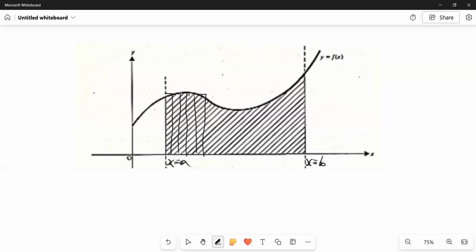This one is going to overshoot on top there, this one is going to come down here, and they take the area of all these little rectangles and make the width of each rectangle so small that